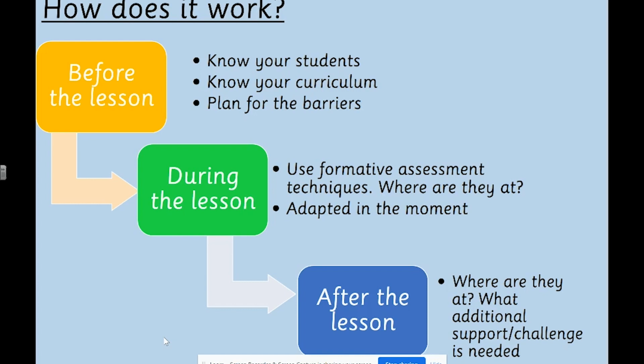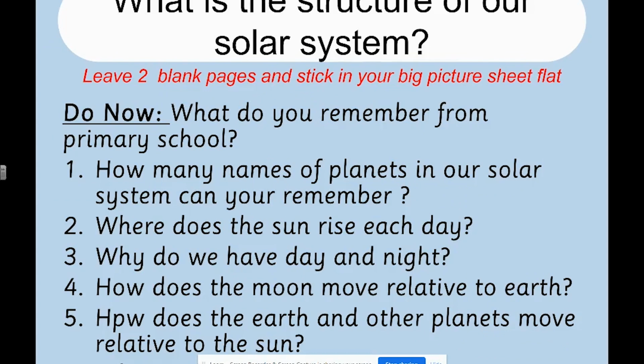Then after the lesson, we've got to consider where are they at? What additional support or challenges are needed? Who achieved the outcomes? Who exceeded it? What are you going to do next? So now let's look at some specific examples. So one of the things before the lesson we said was important was to determine students' prior knowledge,